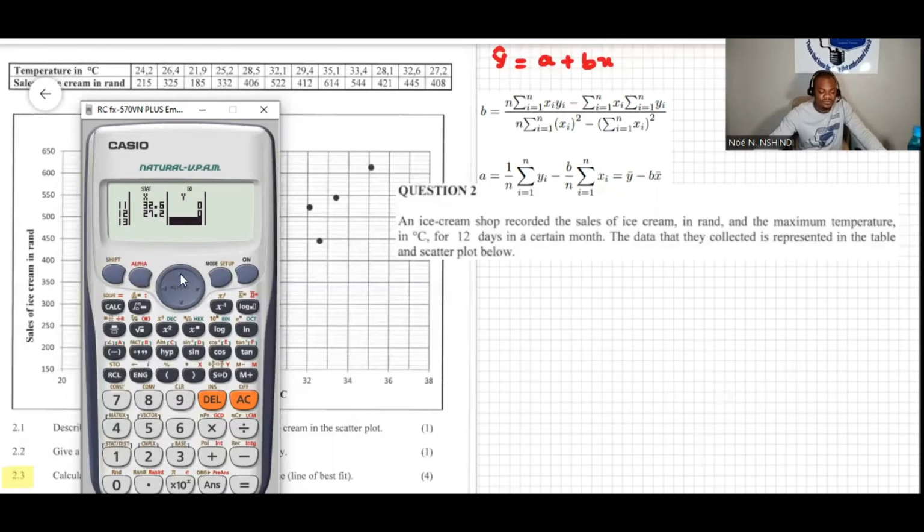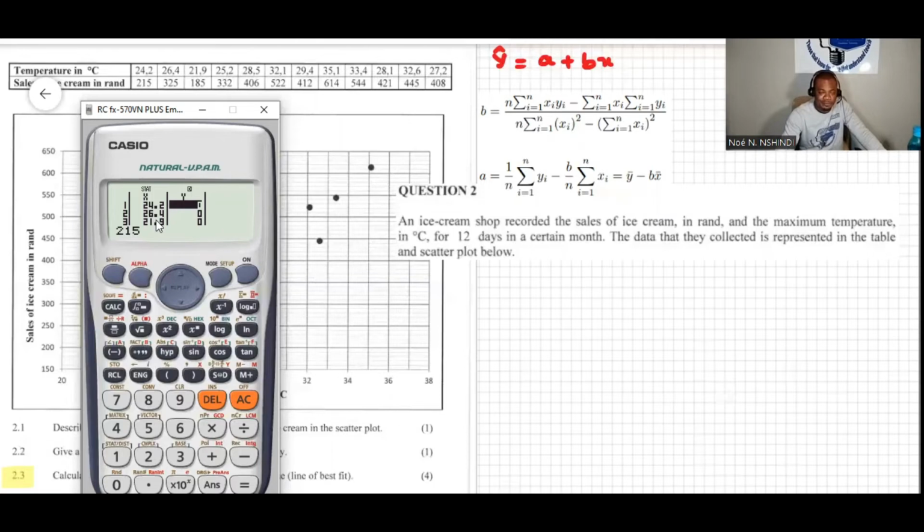but if I do that, I will have to press the upper arrow all the time to reach the first spot. So what I can do is just press this lower arrow once, and then I can press the right side. So I'm here at the first spot, over here on the Y column. I can now enter the first data